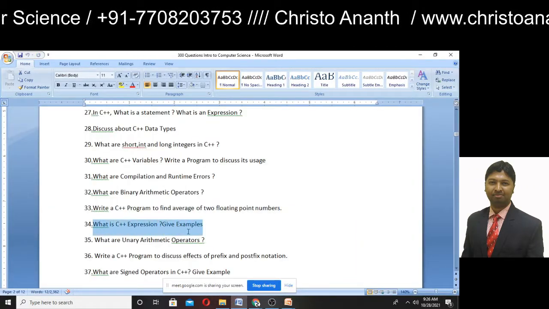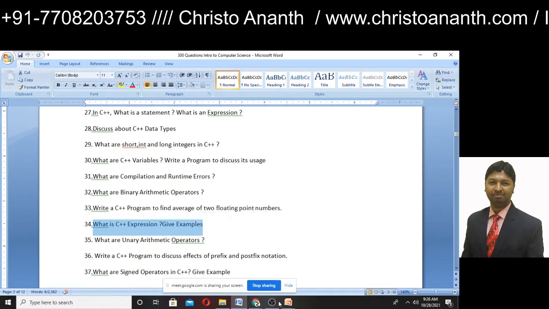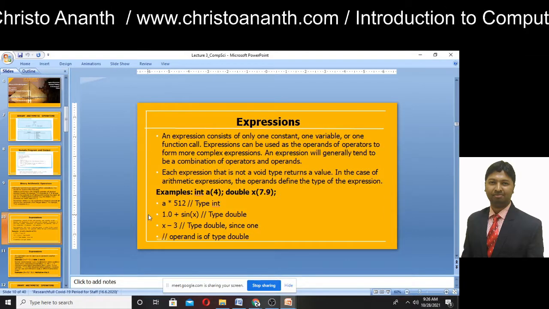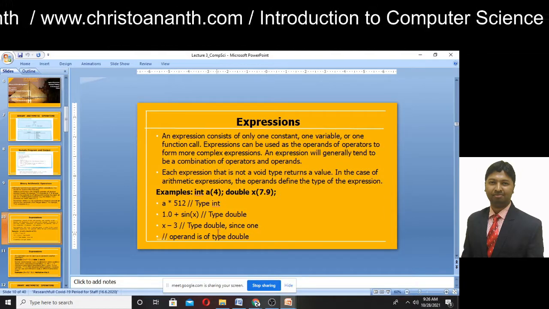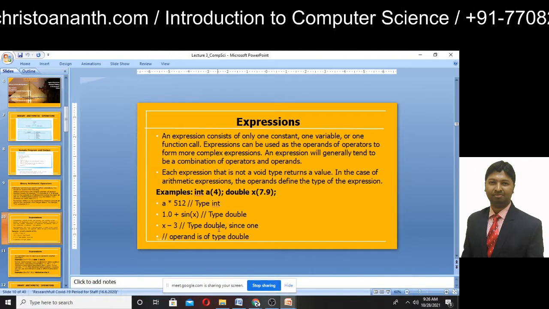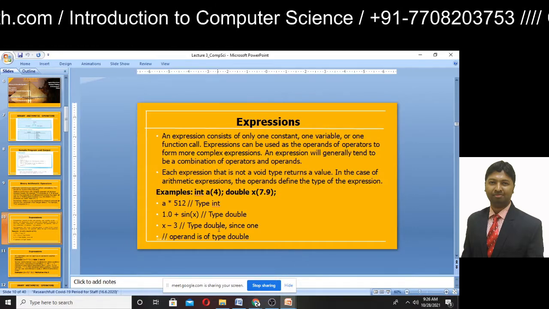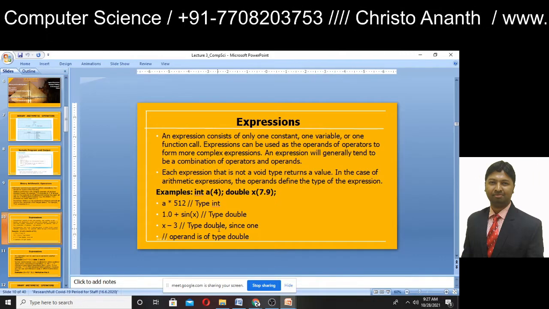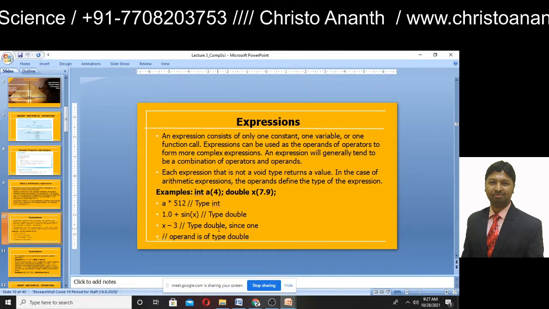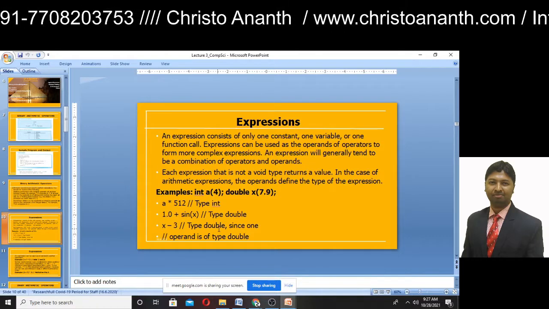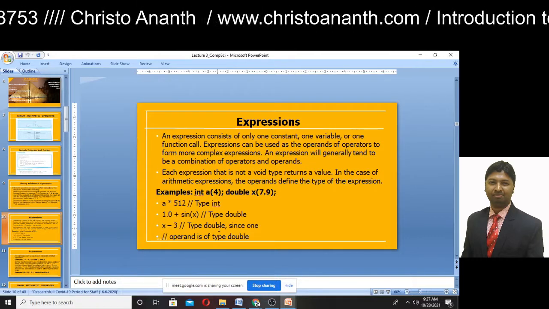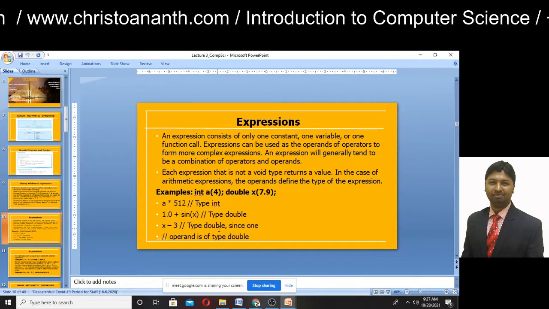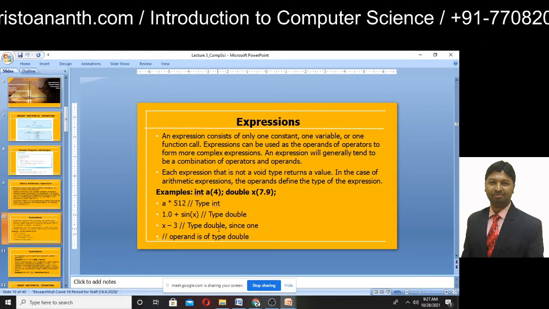What is a C++ expression? Give examples. You can discuss some introduction about expressions in C++. It is actually a constant, a variable or a function call, and generally C++ expressions can be used as operands of operators to form more complex expressions. Each expression that is not of void type generally returns a value. Only if it is void type does it not return a value.